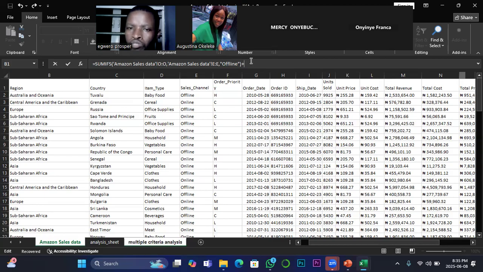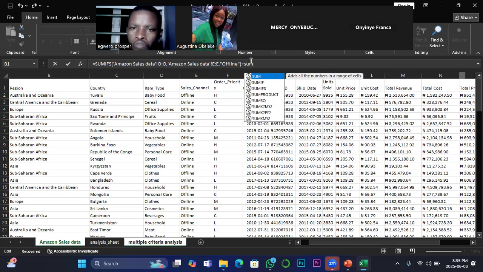Okay, you can be asked to analyze the total of a particular variable and multiply it by the total of another variable. You can be asked to analyze the total of a particular variable and subtract it from another variable. So the same logic applies; the only thing you'll be doing is that place where I put plus, you change it to what? Minus, times, division. Now, once you have done that, you bring in the second Sumifs that is going to